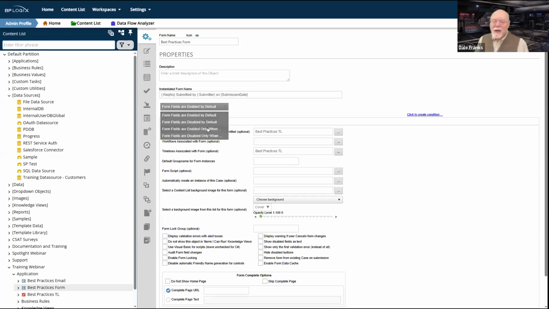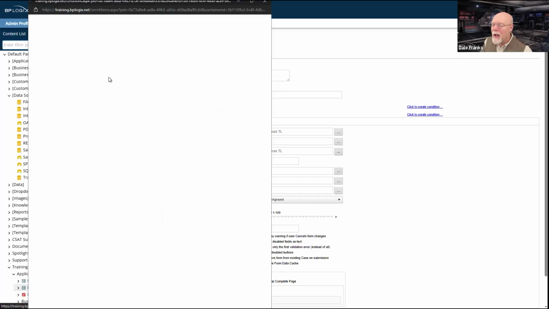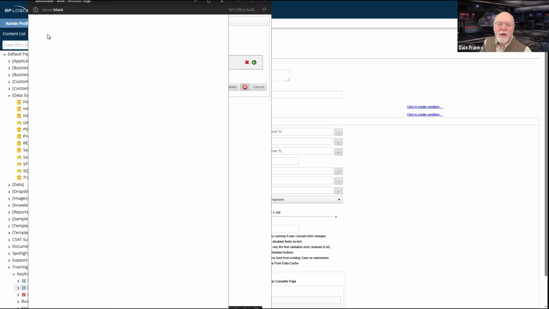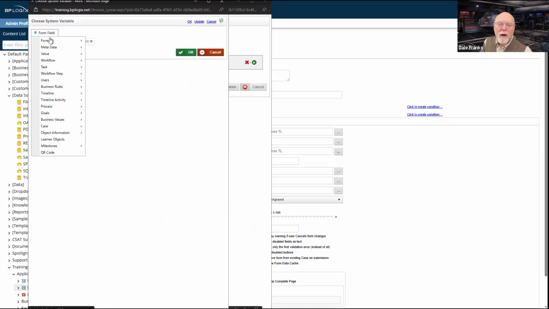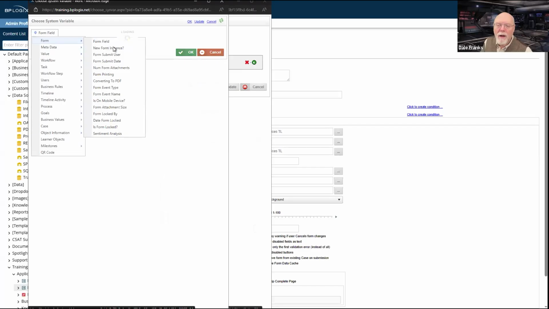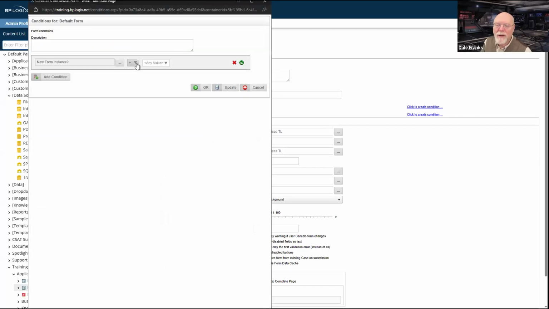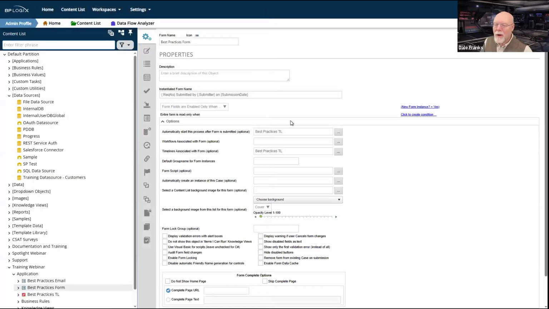So generally, we recommend that you set it to form fields are enabled only when, and then you just add a condition, and that condition should be form, new form instance. So we'll set new form instance equals yes.